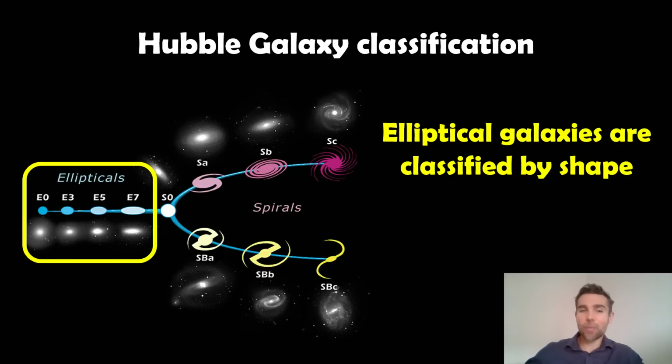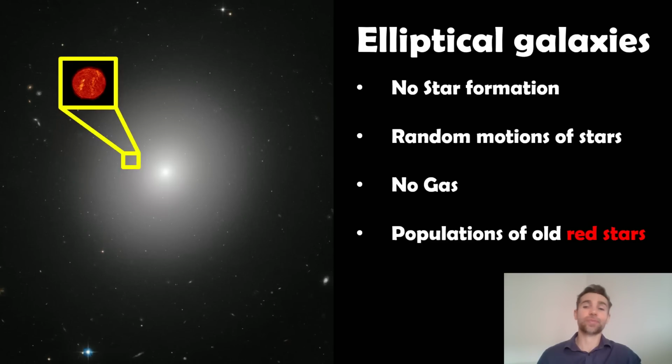So we're going to do a separate video on those completely, but generally they still use this sort of classification because they do share quite a lot of properties. And those properties are, they don't have any star formation. Again, not necessarily true. They do have some star formation, but it's generally very weak. They have no gas. Again, they may have very weak amounts of gas, which means they have small amounts of star formation. So it's not always true that they have zero gas. They have very, very small amounts, some of them, and it's not completely zero.